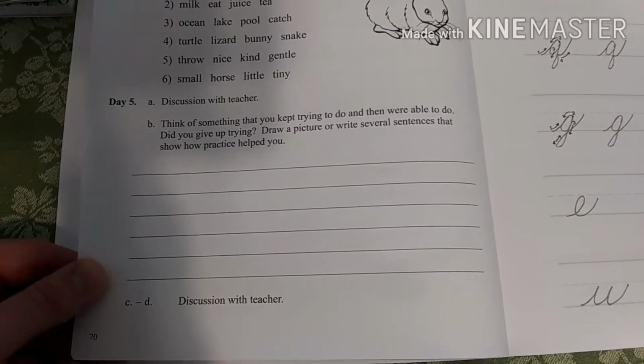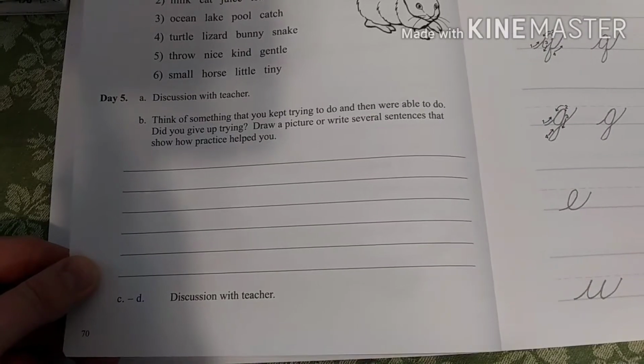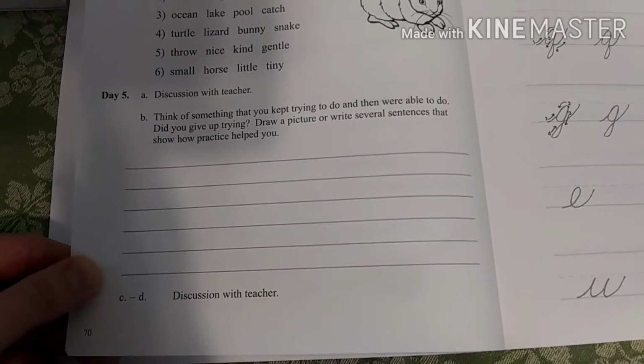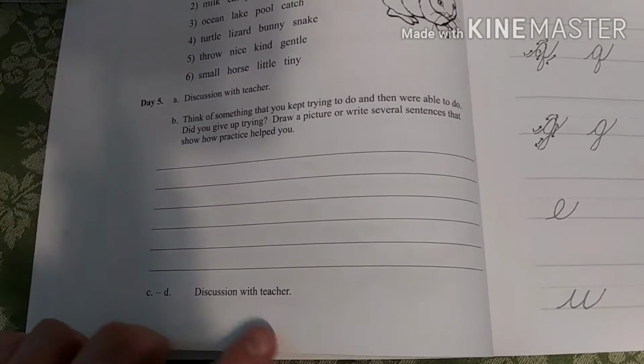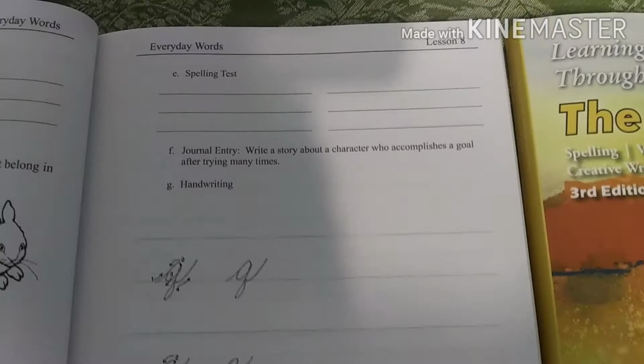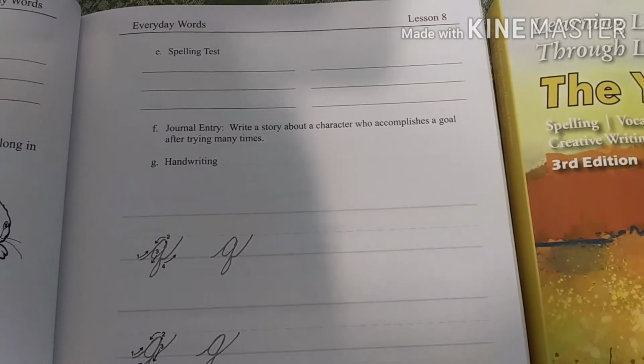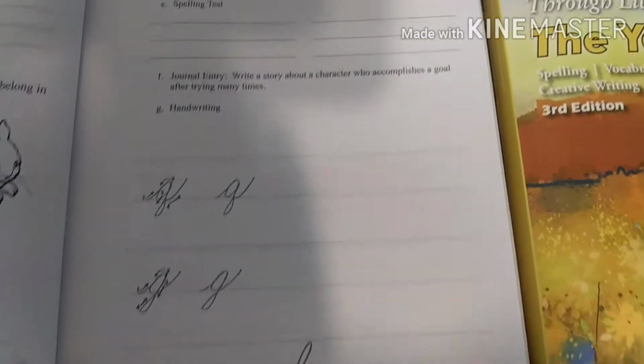And then day 5, you're going to have discussion with a teacher. Draw a picture, write several sentences that shows how practice helped you. Discussion with teacher, this is in the teacher's book. Over here is a place to write your spelling test. Journal entry if you want to do that. And here's your